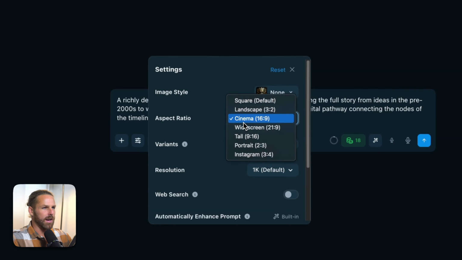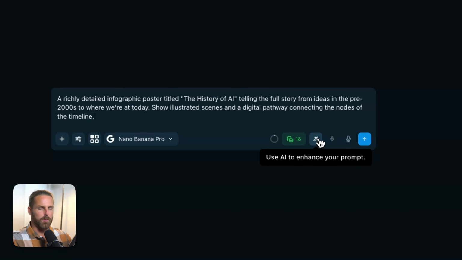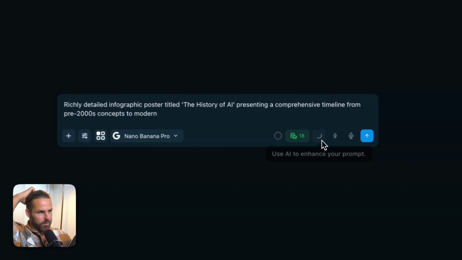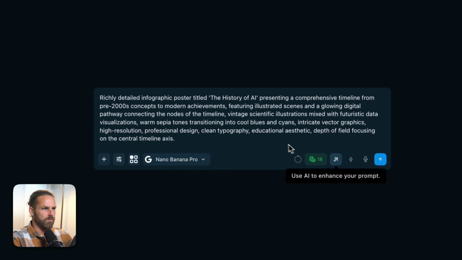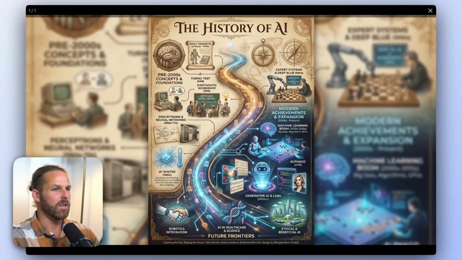Here we'll select, I think cinema will work here. Now, we could enhance our prompt here, and let's see what it's going to do. Okay, so this looks good here. It added some colors here. It added some stylistic stuff. Let's keep that, and then let's see what Nano Banana Pro comes up with for the actual milestones in this story. Interesting. So it chose to do this vertically,